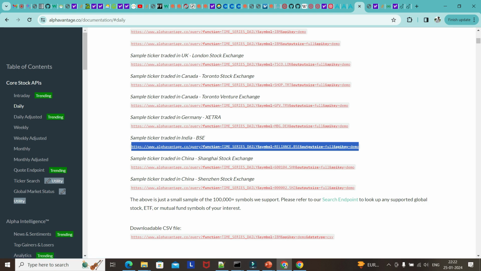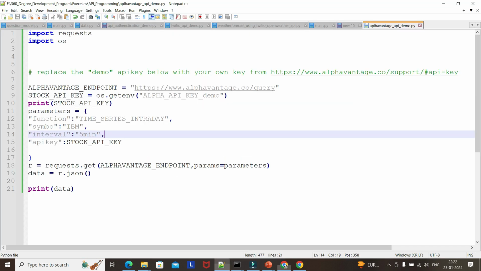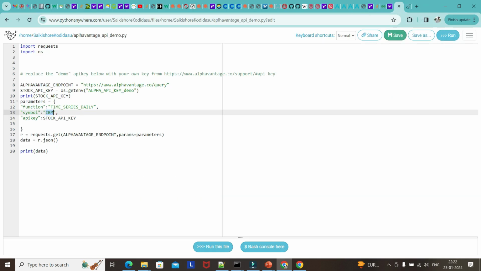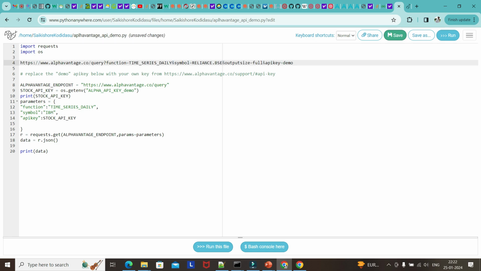Let me try to get the same India data also. For example, not sure, we can try. Our time series daily symbol is